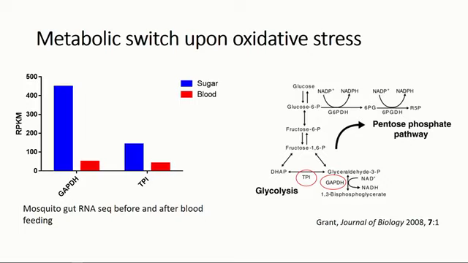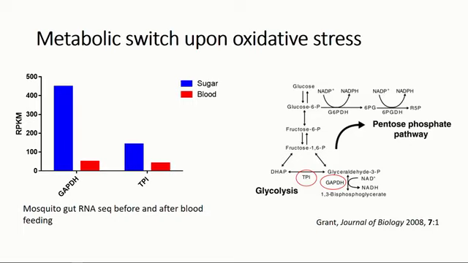So our data that supports this assertion, that pentose phosphate pathway NADPH production is important to the mosquito, is first supported by a transcriptomics experiment that we looked at. So when mosquitoes take a blood meal, as shown in the blood, this is 24 hours post-blood meal, and the blue is just the baseline sugar feeding only. We see that GAPDH, which is involved in glycolysis, is increased in the sugar fed, which makes sense. They're being primarily fed on sugar. They aren't being exposed to protein or anything else.